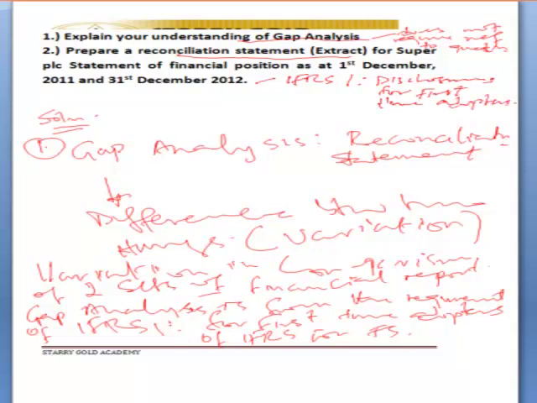Now, when you see this kind of requirement, the first thing you should do in your answer sheet is to go to the page where you are actually answering those requirements. So what does that requirement say? Requirement number 2. It says reconciliation. Just write it out: Reconciliation statement of equity